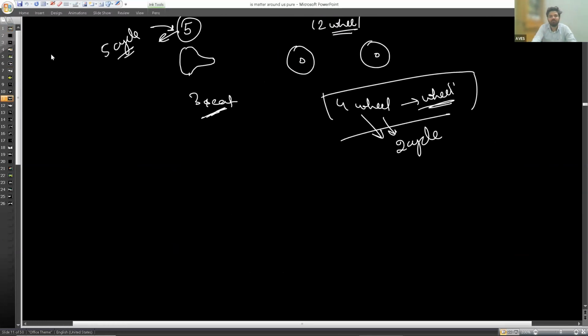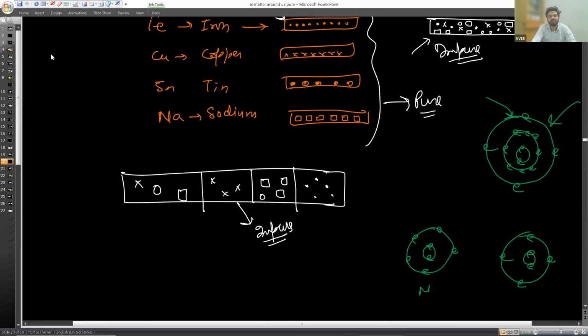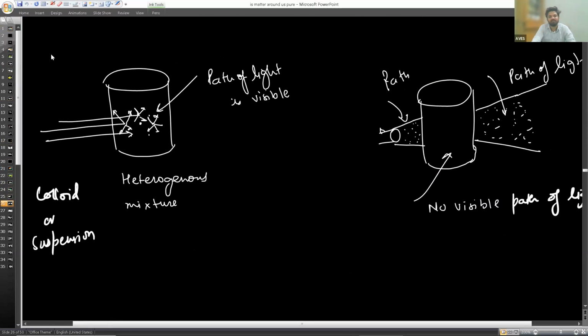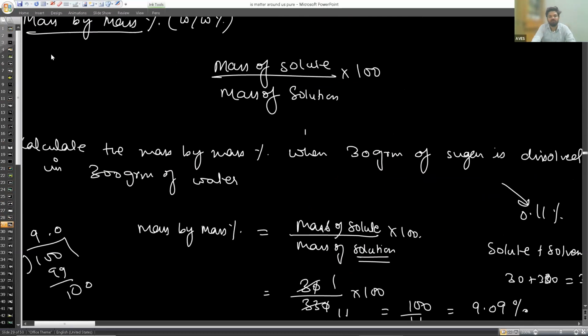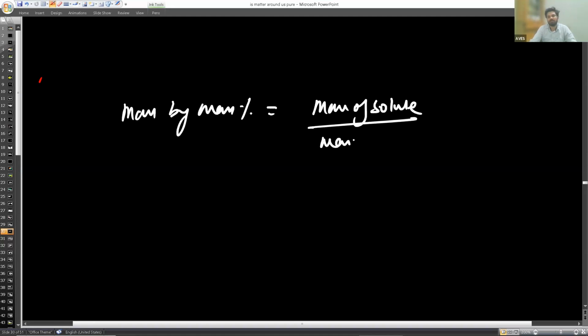The screen is visible to you all. So we are discussing the concentration terms. In the previous class, we were on the questions on mass by mass percentage. There are different types of questions and different types of percentages. Let me revise one more time, that is very important. First one is mass by mass percentage. The definition we have written: when X gram of solute is dissolved in 100 gram of solution, it is mass of solute upon mass of solution